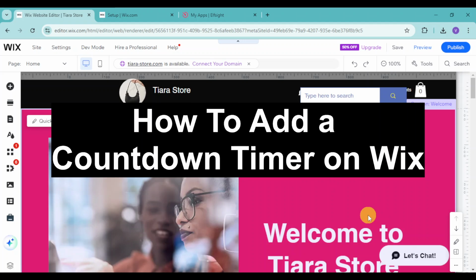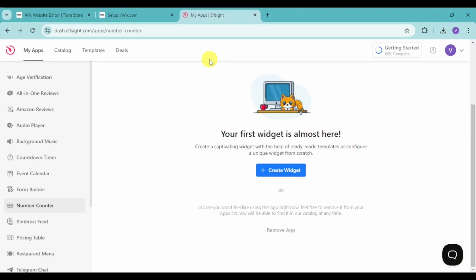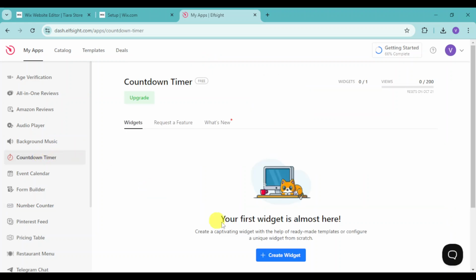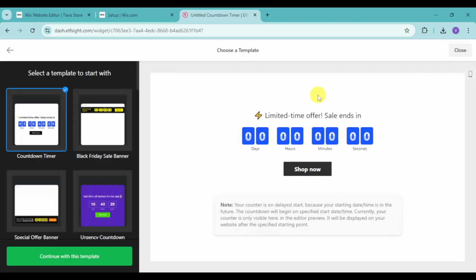In this video, I will show you how to add a countdown timer on Wix. In order to do that, head over to our website and then from in there click on this countdown timer option. From in there click on this create widget and then just choose in here the template that you want for your countdown timer. For example, I'll head over and choose this one and click on this continue with this